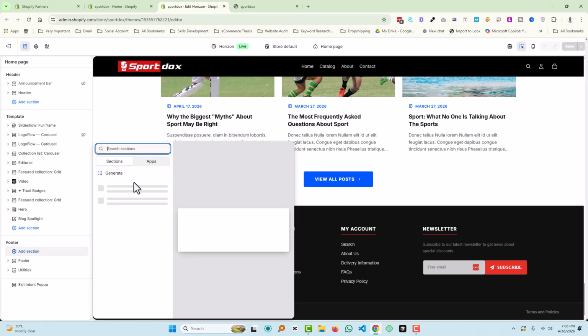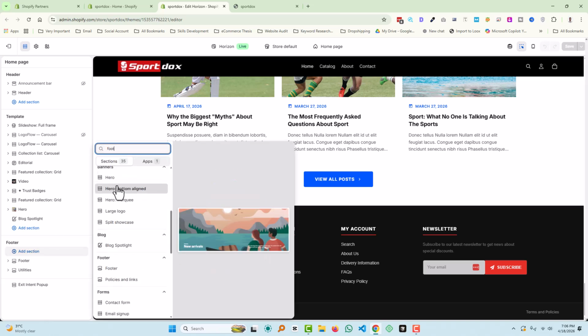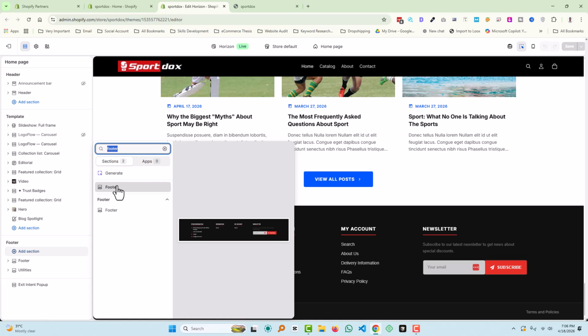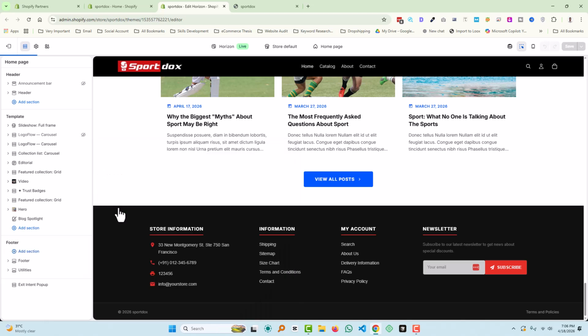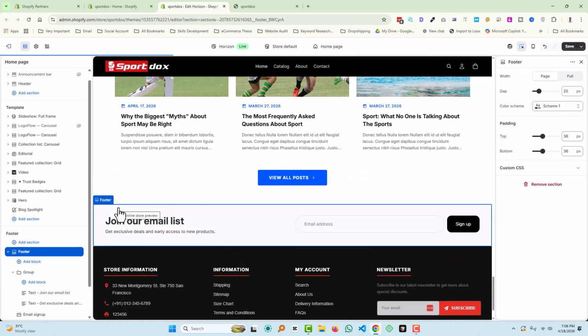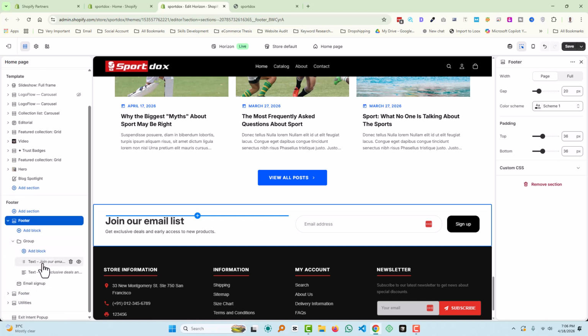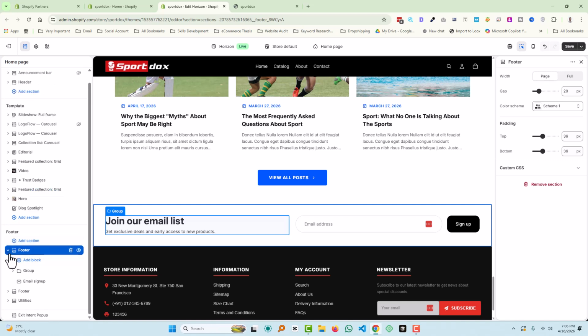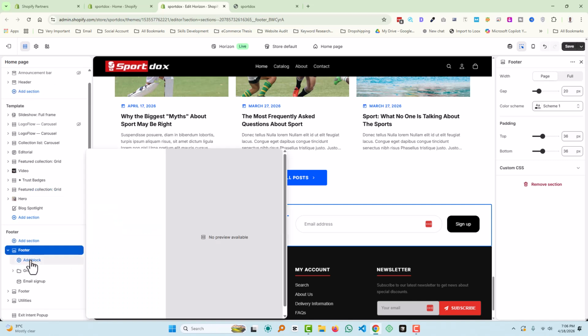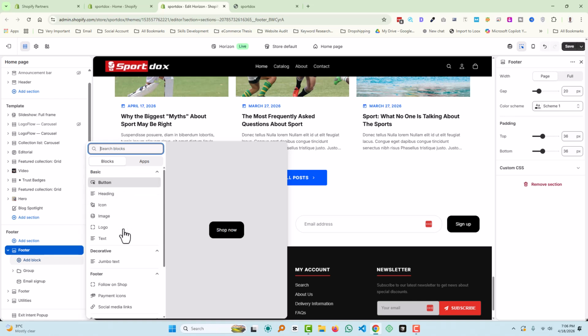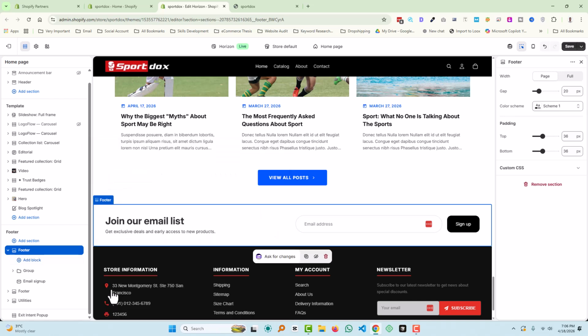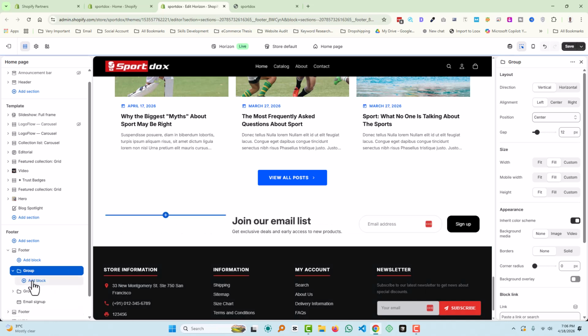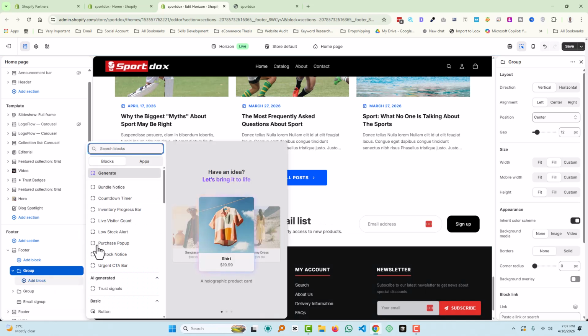add footer, search footer and click on the footer. Then you see here is the footer section. Then you can add block, and first of all we are going to add in this footer a group. So click on the group, and under group we are going to add